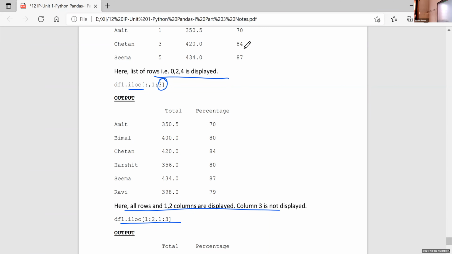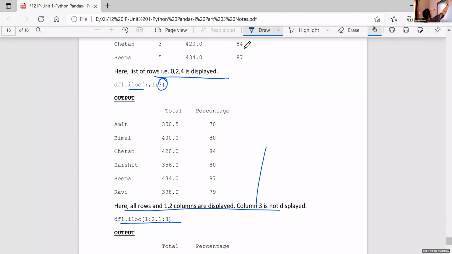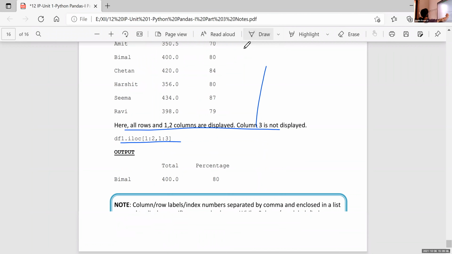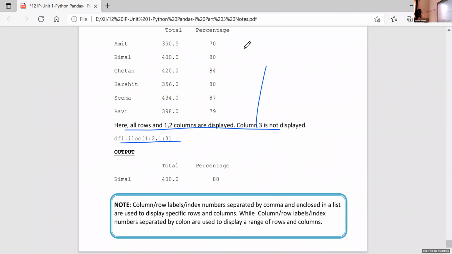So only one row. And in the case of column, it is 1:3. So 1 and 2 are in the result. So here just check Bimal 480, because here 1:2 means only one row. 2 is the stop value, so only one row with index 1. And in the case of column, 1:3 means 1 and 2 are displayed.